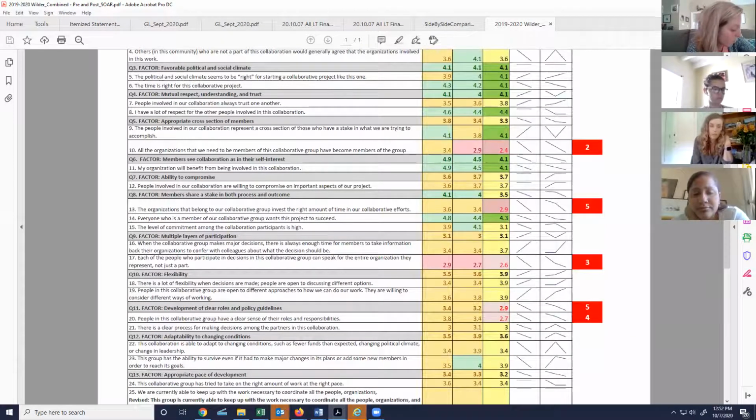And so what this tells us, around these specific issues with our collaborative, is where there are some areas that we need to put some focused energy with the group to make sure that we are moving in the right direction. So this is helping Liz and Faith as they repurpose or move forward. This is part of the information that helps them with that. So we do this once a year, and I just compare it to the previous year each year.